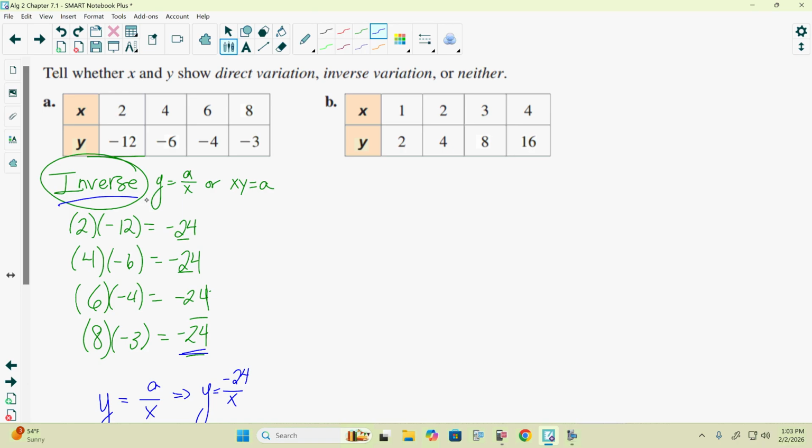Because what we're doing is using the general form to see, is the value of a between each of these numbers the same? If it is, it connects to that variation. If it doesn't, it's not. If we look at B,